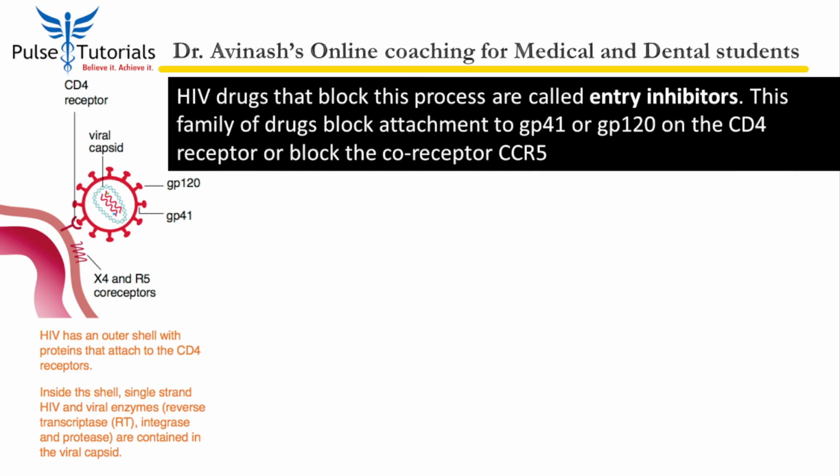If I make a drug that blocks the attachment of GP41 or GP120 to the CD4 cells or the CD4 receptors or the co-receptors, then the kind of drugs I will get are called entry inhibitors. Simple, logical. These entry inhibitors are drugs such as Fuvirtide, written in short as T20, and the CCR5 receptor inhibitor called Maraviroc. So these are two good drugs that can be classified as entry inhibitors and